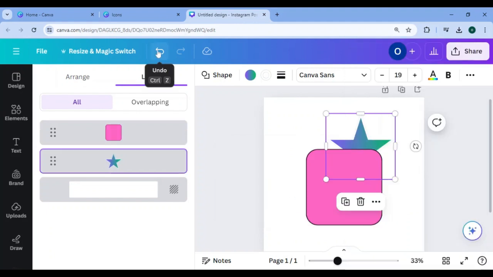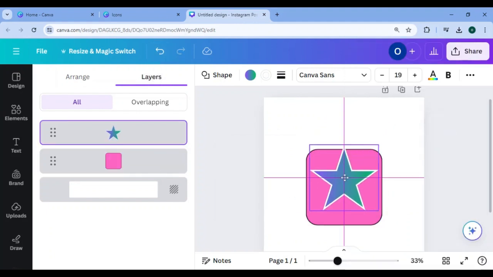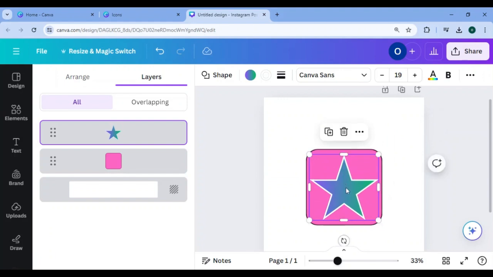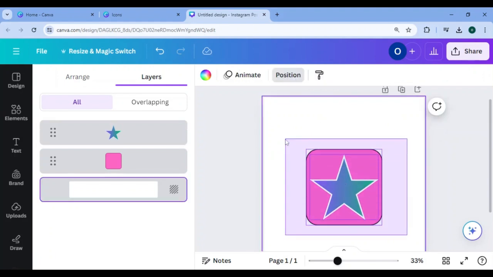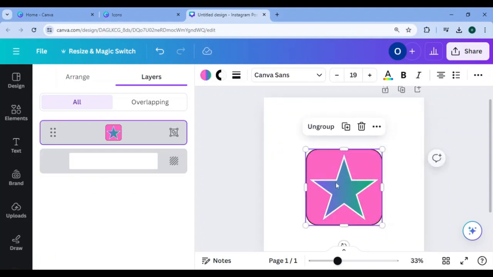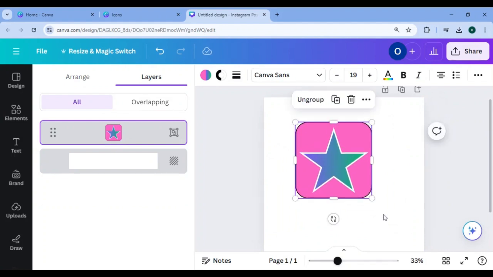And if you want to undo your move, just press undo. So we have these two shapes. You can decide to group them together by pressing group or Ctrl G on your device. So once you pick them, highlight the two items or elements,